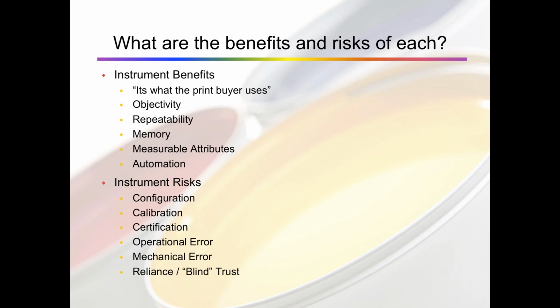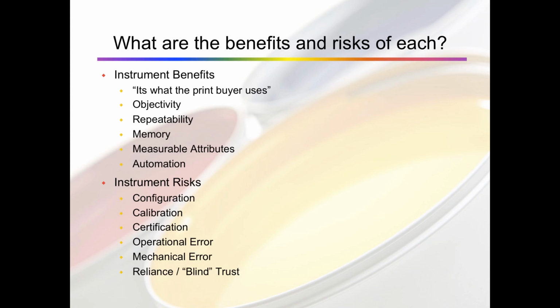If the instrument certification is not maintained, so that 12 or 24-month trip back to the manufacturer to be tested and cleaned, without that, again, the instrument can drift and start giving you bad numbers. Now, with the complexity of the instrument and the necessary training operators need to operate them to their full capability, operational error is something that needs to be monitored and tried to be avoided. So with these different settings, with the different operations of the device, we need to make sure that we're using the devices properly, and generally this can be achieved with proper training provided when new instrumentation is rolled out.